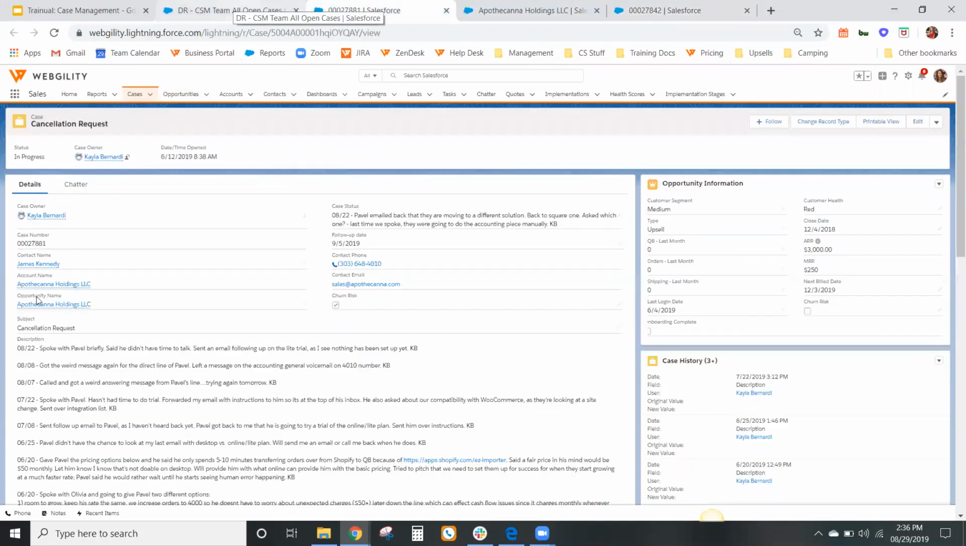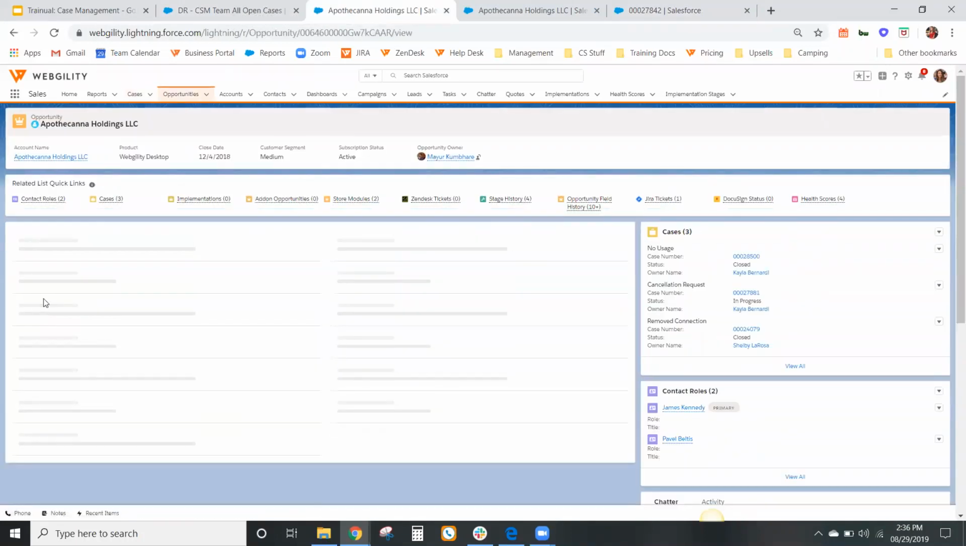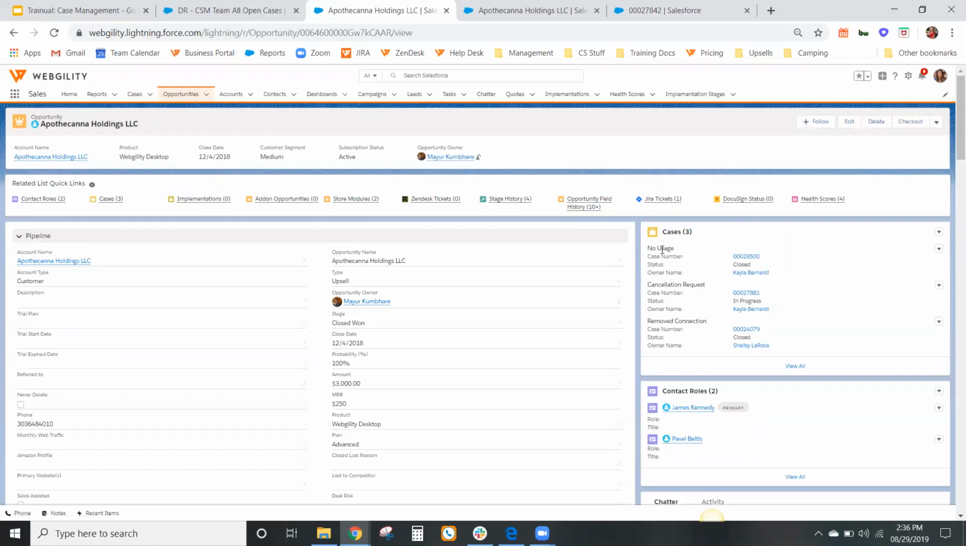Other than that, cases can be found on the opportunity level and the account level. So if you look here on the right, you see several different cancellation cases. It looks like a no usage case eventually opened up its own cancellation request. What I mean by that is Kayla got a no usage, the customer then requested to cancel, and she went and followed the cancellation process to create a cancellation case. Side note, if you don't know what I'm talking about, watch the cancellation training and watch the process flow in the